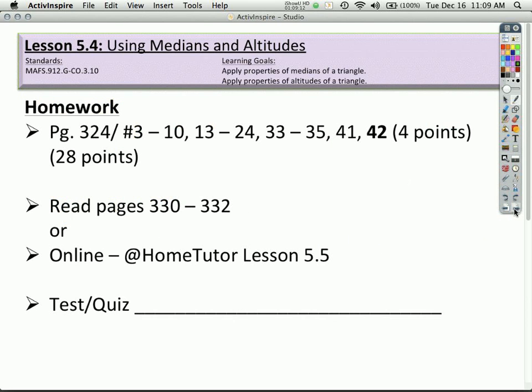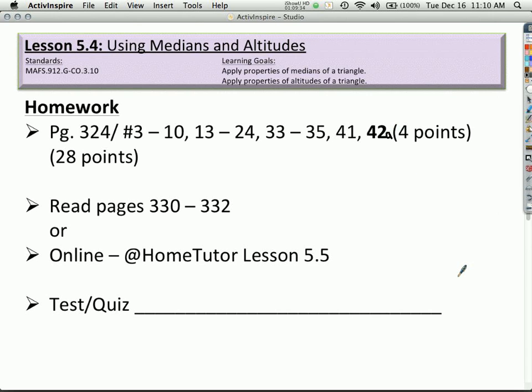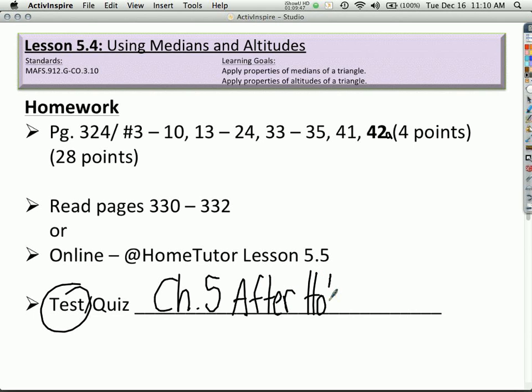So, draw a line across your paper. Your homework is page 324. Make sure you copy this correctly because it is a little bit scattered. Numbers 3 through 10, 13 to 24, 33 to 35, and then 41 and 42 is supposed to be part A only. Part A. Make sure you write A. And you will have a test in chapter 5 after holiday vacation. Also remember